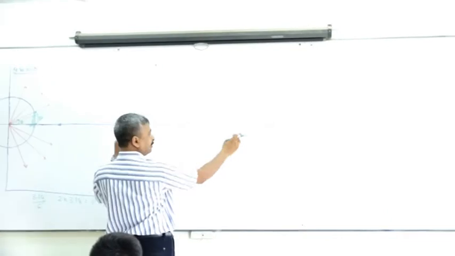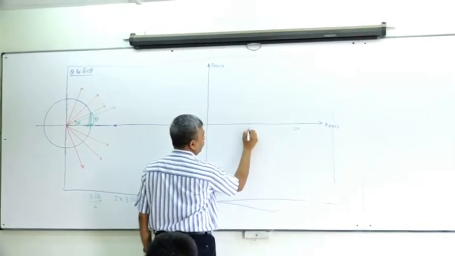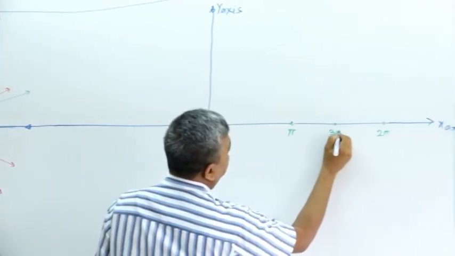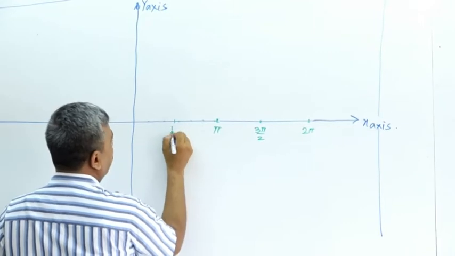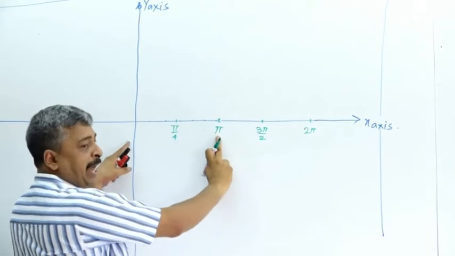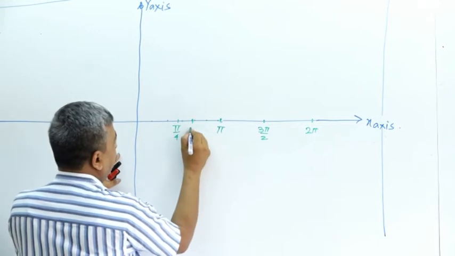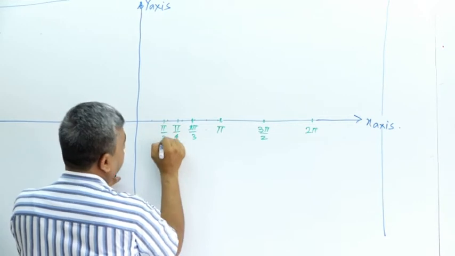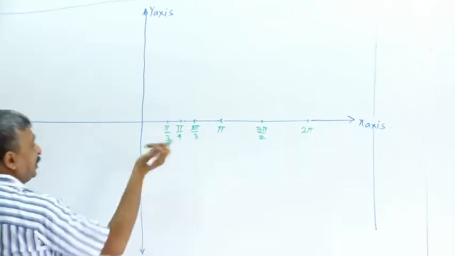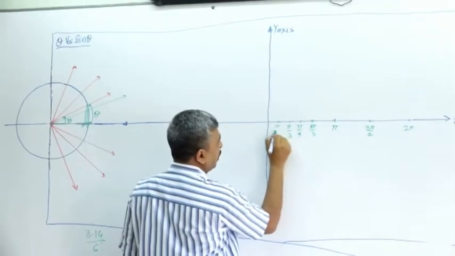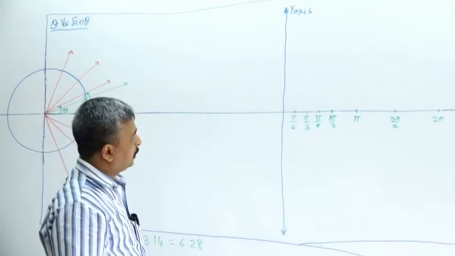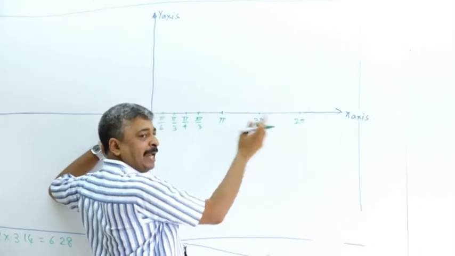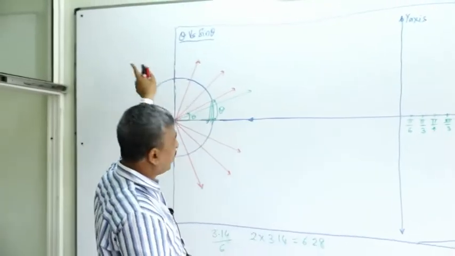And therefore, I can divide it into 2. Therefore, my half will be pi. Therefore my further half will be 3 pi by 2, further half will be pi by 4. If I divide this pi in 3 parts, it will be pi by 3. If I divide this pi by 3 in half, I will get the 30-degree position, that is pi by 6. Are you there? So I plot my 2 pi first and then approximately do the divisions to get all the special angles.